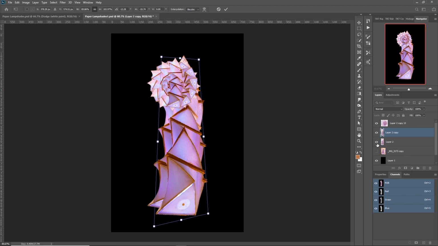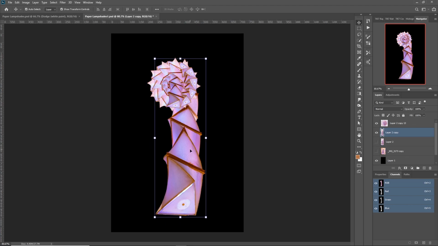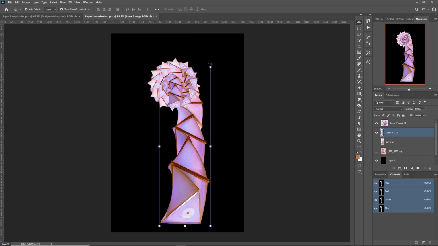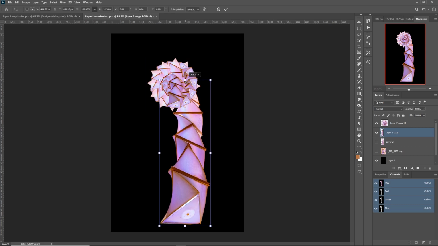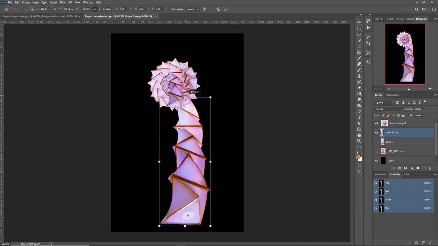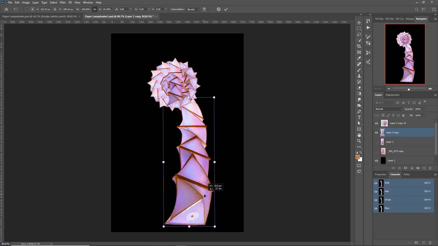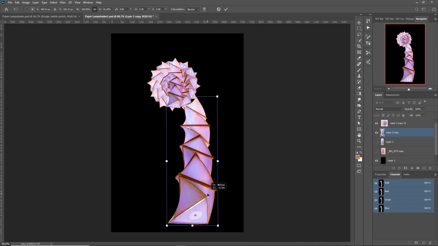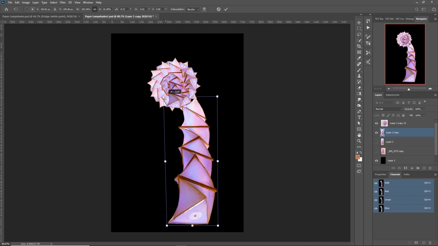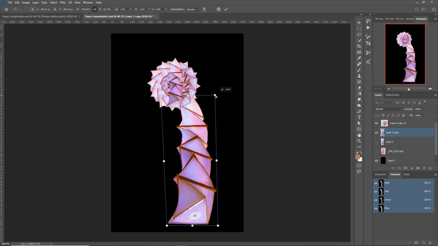I'll go and deactivate that layer so you can see a clear reference to what I would call the stem now. If I hold the Control key in all cases, I can actually modify, move the layer around, make it thinner, make it fatter, give it a little curve, and try to make it look like a stem that would